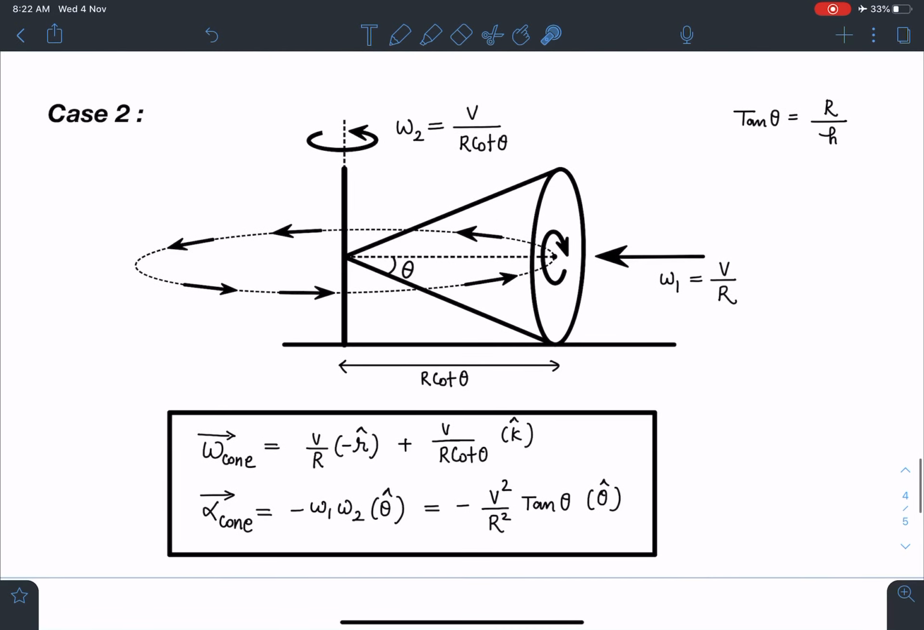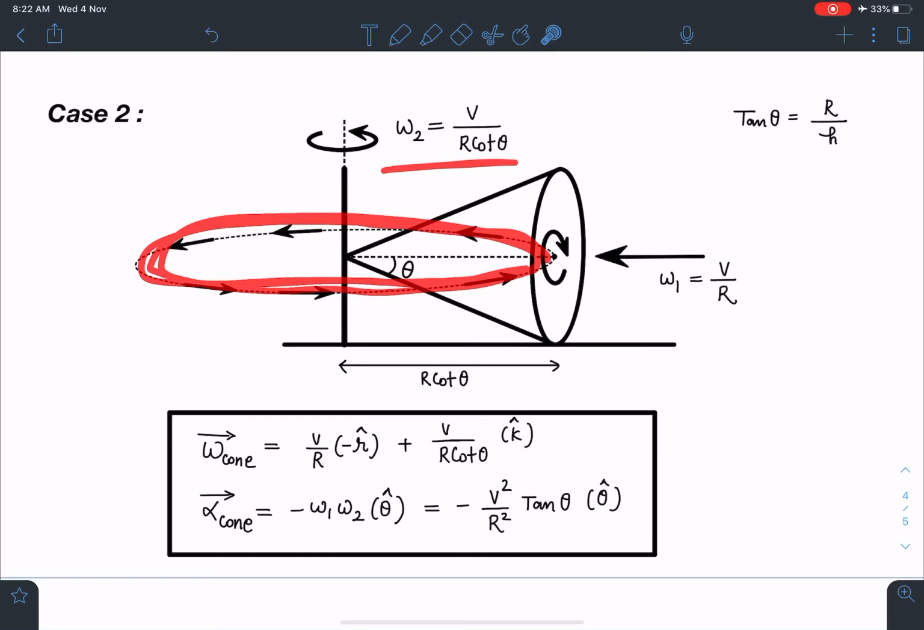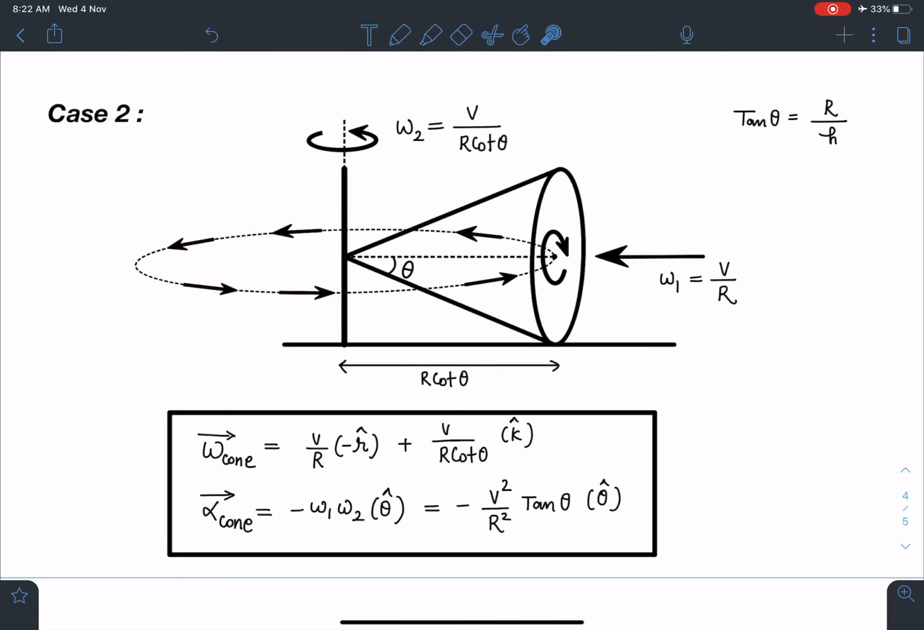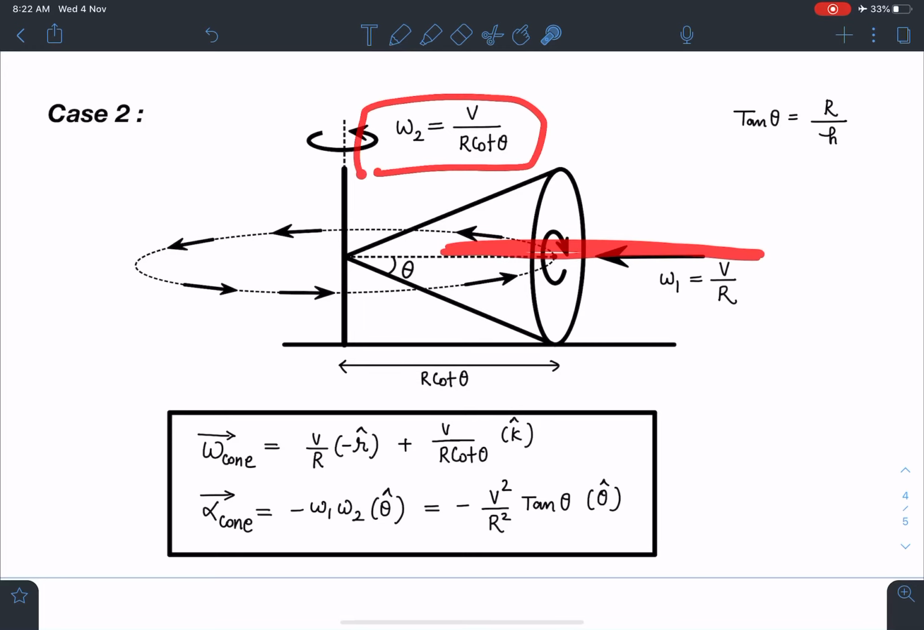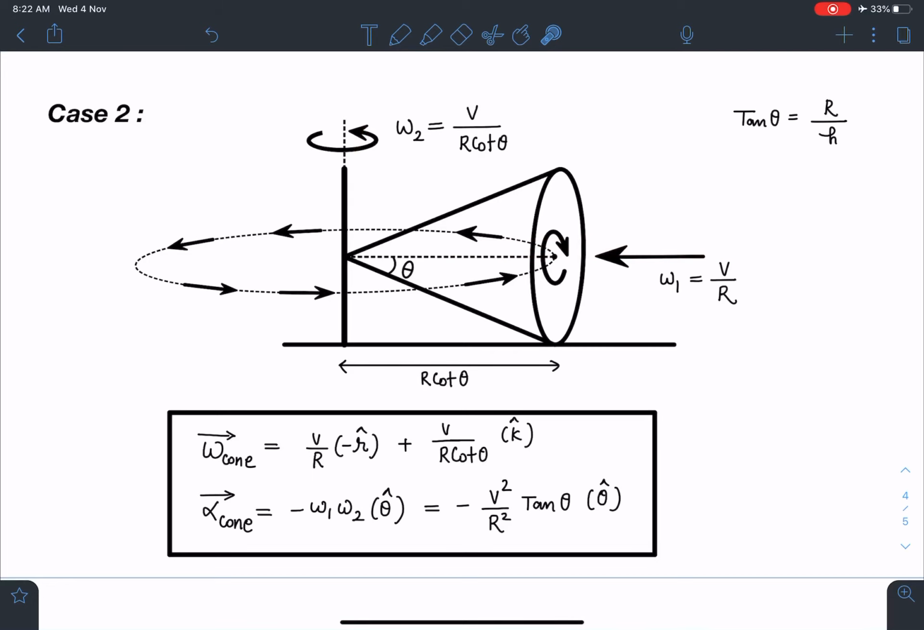Similarly, in case 2, again I can define this omega 2 very easily, and that comes as v by r cot theta. This length is r cot theta. And here it's very easy to write omega 1, reason being in this situation it is nothing but this v divided by r. So omega 1 is known to me, omega 2 is known to me. In this case, omega 1 is changing its direction, magnitude wise it is constant, while omega 2 is constant in magnitude as well as in direction. So omega cone I can write as v by r minus r cap plus v by r cot theta k